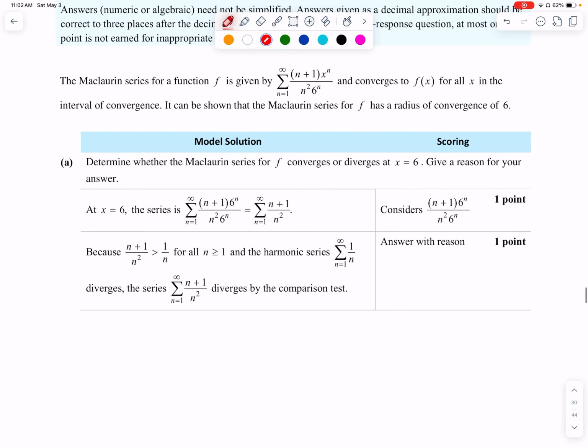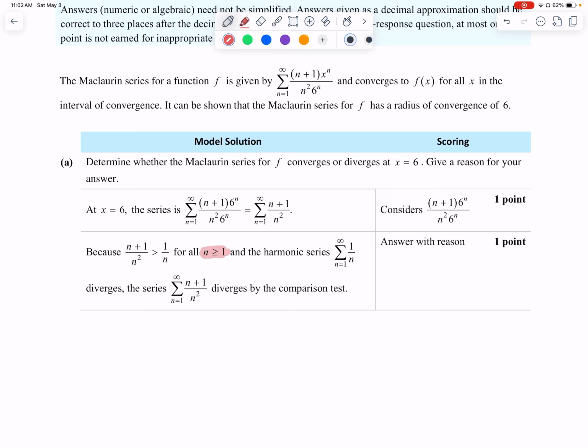Okay, so for part A, it was worth 2 points. And it says, consider this thing. I think that's what happened whenever we just plugged x is equal to 6 in there. And I think that, no, actually, I thought this is what our point was. But notice that it says that it's equal, so we could get a point from there. And answer with reasoning, and it says, hey, because this is greater than 1 over n for